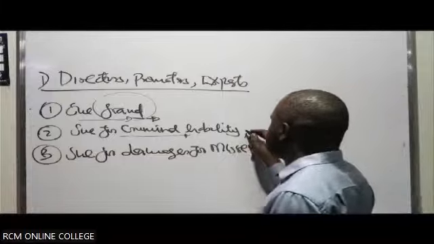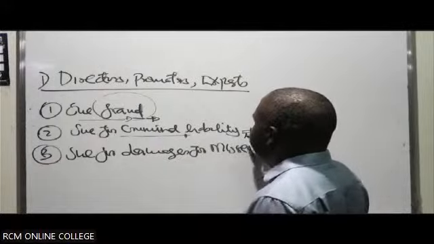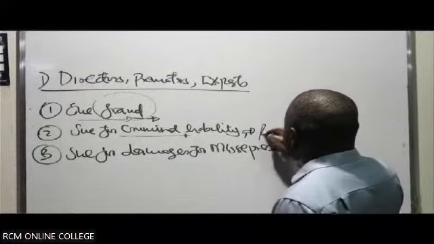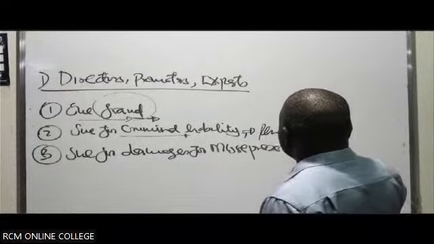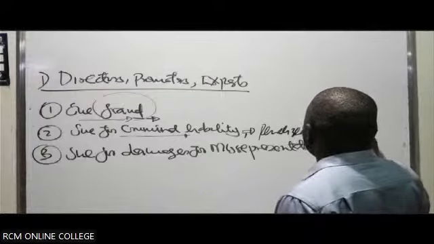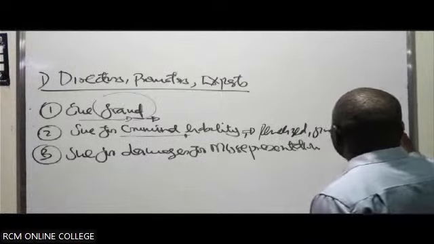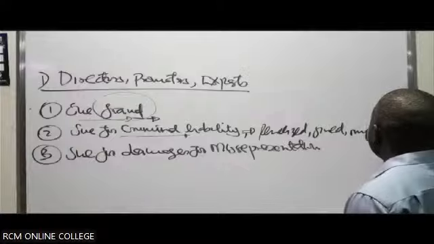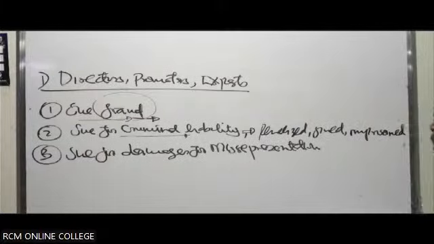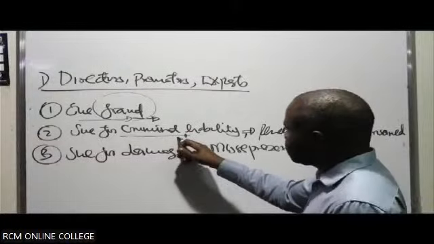As a result, these parties can be penalized, they can be fined, or they can be imprisoned. These are part of the remedies under criminal law. So if these parties have breached any law,